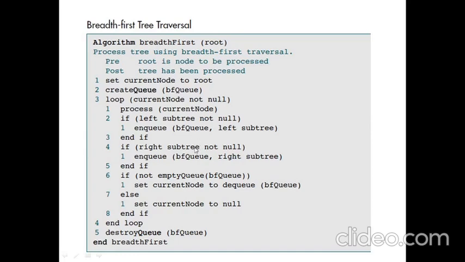So both the left and right child are inserted into the queue, and then it is just doing the same thing we did. If the queue is not empty, then dequeue, that is, remove the first element from the queue, and then repeat this algorithm for that particular value. So the breadth first traversal is implemented in this way. Using this also we can visit all the nodes in the binary tree. So these are the various traversal techniques that are available for traversing a binary tree.